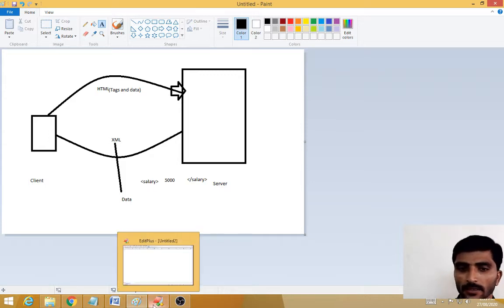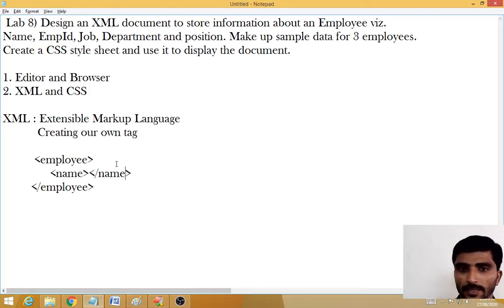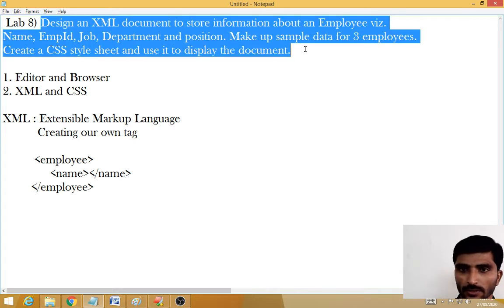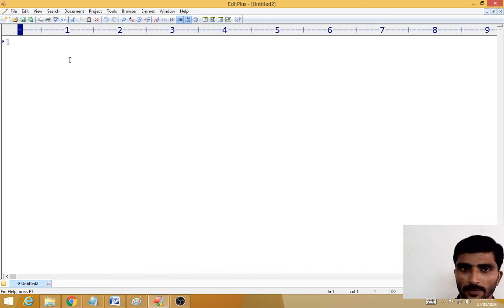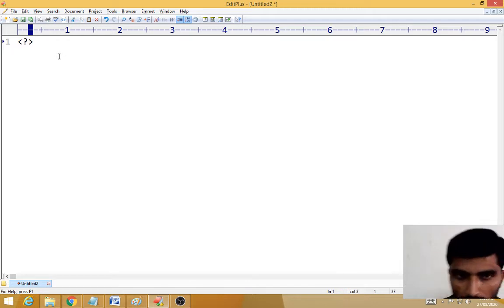Now I am writing a program for this question. The question says: create an XML document for 3 employees' information, then use CSS. Before writing, we have to start with the XML declaration. What is the XML declaration?